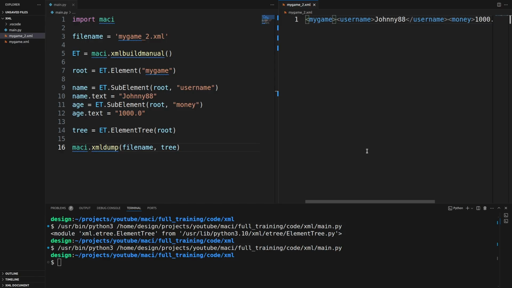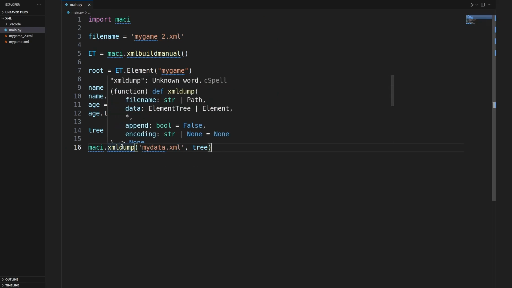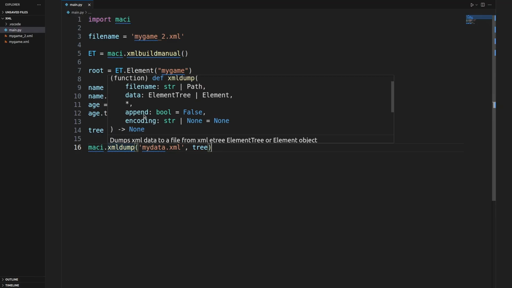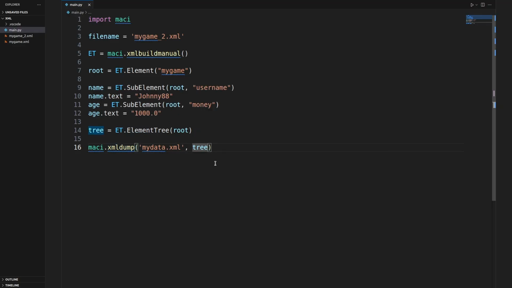Now you probably noticed that our XML data is being stored inline. Maybe in the future that'll change, but for now, that's where it's at. Now the last thing I want to show you is the parameter options for this, which is just append and encoding. Again, I'm not going to show what encoding is. If you already know what it is, you should know how to handle it. The only real option you might be interested in is append, if you want to append more data to a file. So if I enable that,